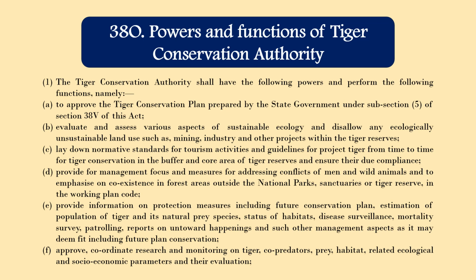Like they have the power to approve any tiger conservation plan that is prepared by the state government, and they also have to evaluate and see that the area which is selected as tiger conservation reserve should have sustainable ecology, that is there is no mining or any industry or any other project going on within the reserve,